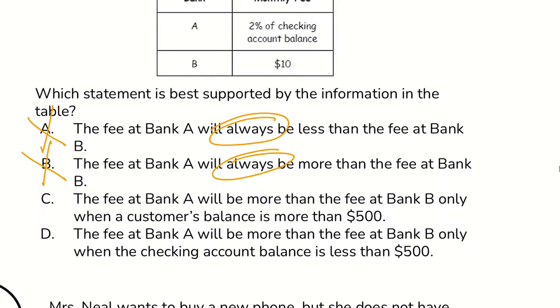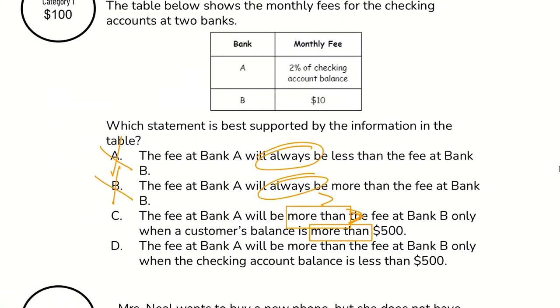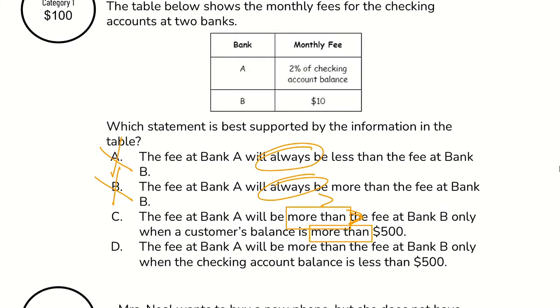Okay, then we've got C. It says the fee at Bank A will be more than, there's a key word, that means greater than, right? The fee at Bank B only when a customer's balance, again, is more than, is greater than $500. Well, I know that the fee at Bank B, no matter what I have in there, is $10. So the fee is going to stay $10. But Bank A, I have to find